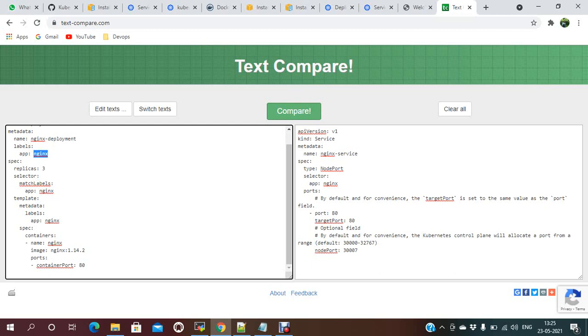The template has the label information, and spec is the pod information, like the container and container port. Here the ports should also be specific to the service, so you have the node port and the container port. When you hit the node port, it should be redirected to the container port.